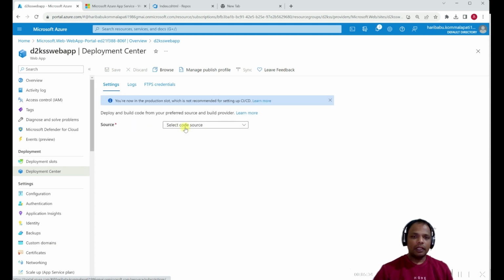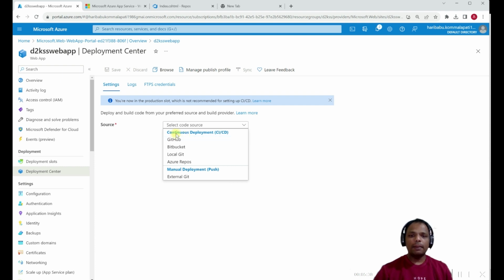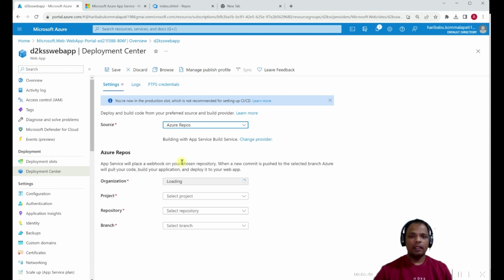Perfect. Now you can see different repository options to implement continuous integration and continuous delivery. You can choose GitHub, Bitbucket, local Git, or Azure Repos. I have chosen Azure Repos. Once you choose Azure Repos, if you are logging in for the first time, it will prompt you to authenticate yourself